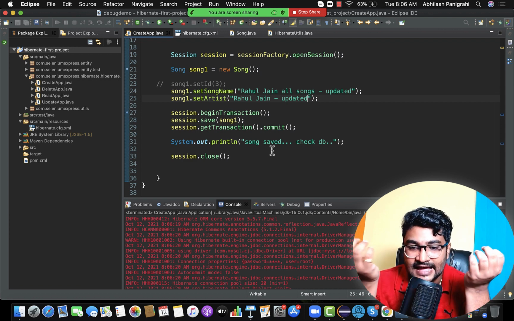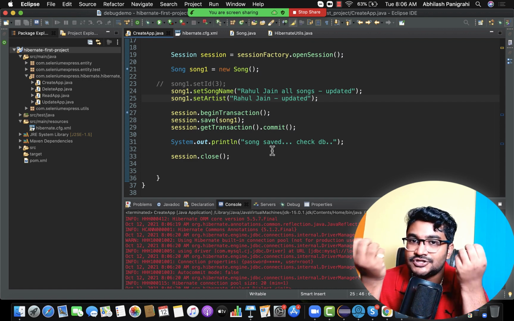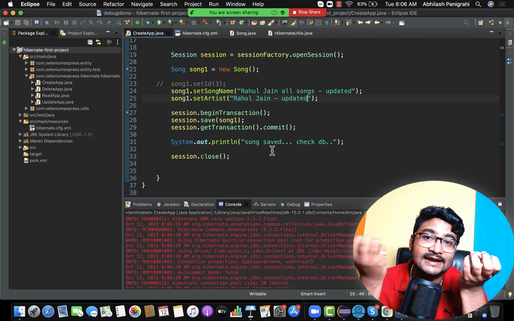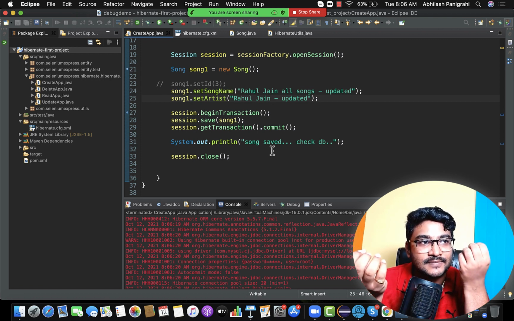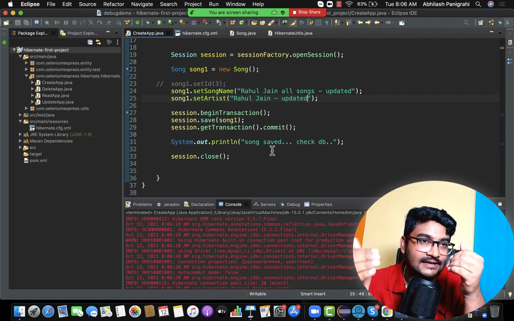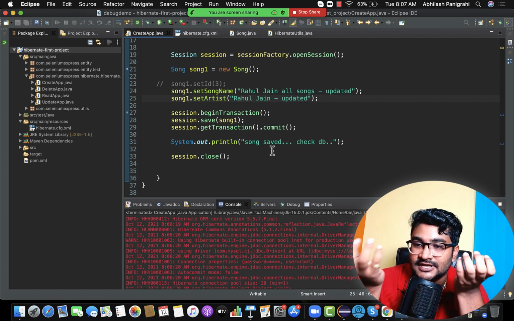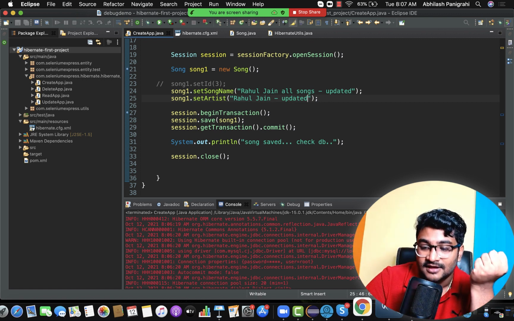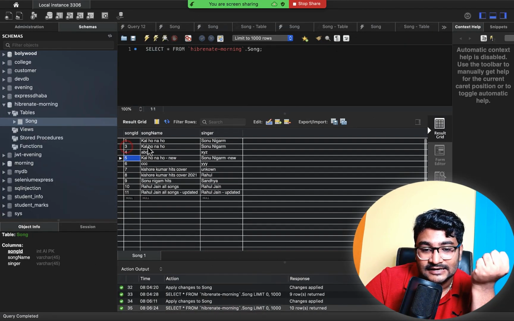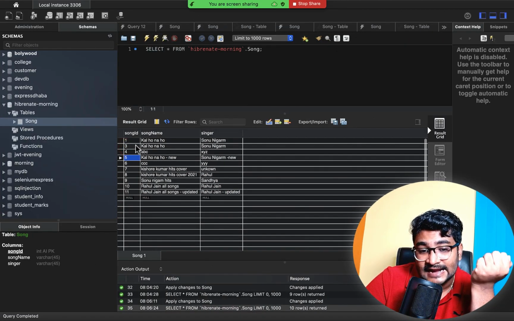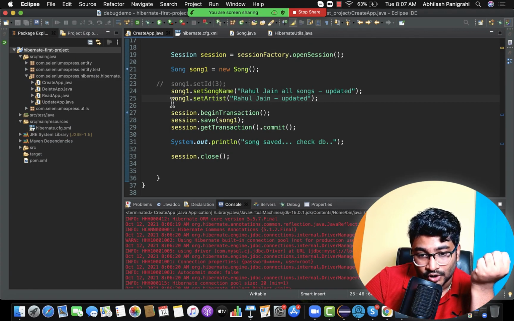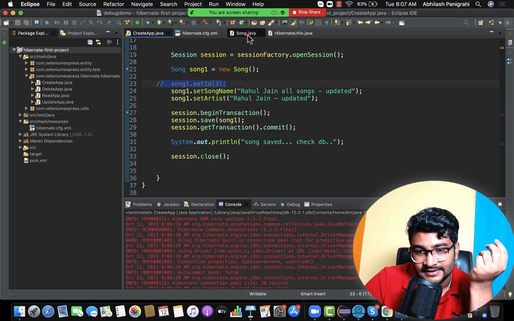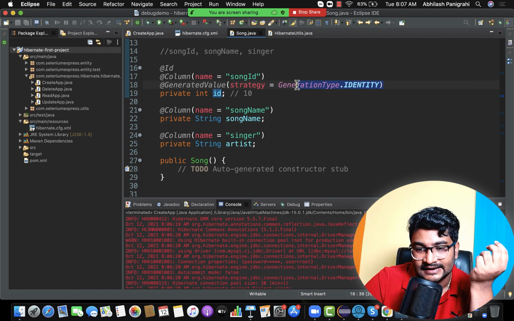See, Somik, for any project we are working on, we should have some logic for how we'll create the primary key, isn't it? Whether the primary key will be created like after 1 it will be 3, then 6, then 9, then 15. Either you will generate it in a sequence, maybe writing the sequence code on the database side. How the primary key will be generated, that logic you have to write somewhere. Either you write that on the database side, or in your code, or you set the primary key by yourself, or you tell Hibernate that, hey, my database is creating the primary key for me, by letting it know how the primary key is created, how this ID value